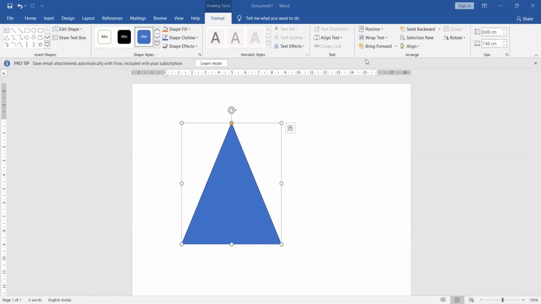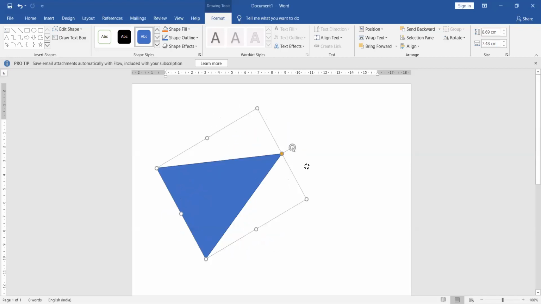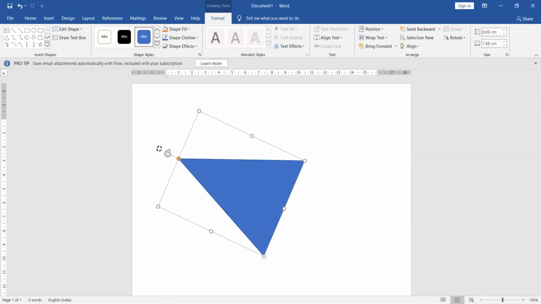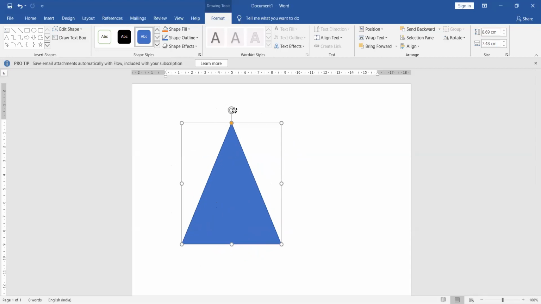And yesterday we discussed about word wrapping also, text wrapping also, that how you have to arrange text data around your shapes or images. Okay. So as you can see here, there is this arrow, which is circular in shape, and when I'm clicking on this, what I can do is, beta, I can rotate my shape. I can rotate this shape to any angle, whichever you feel like, which is required in your document. Okay, so this arrow is basically for rotating or changing the position of this particular object.